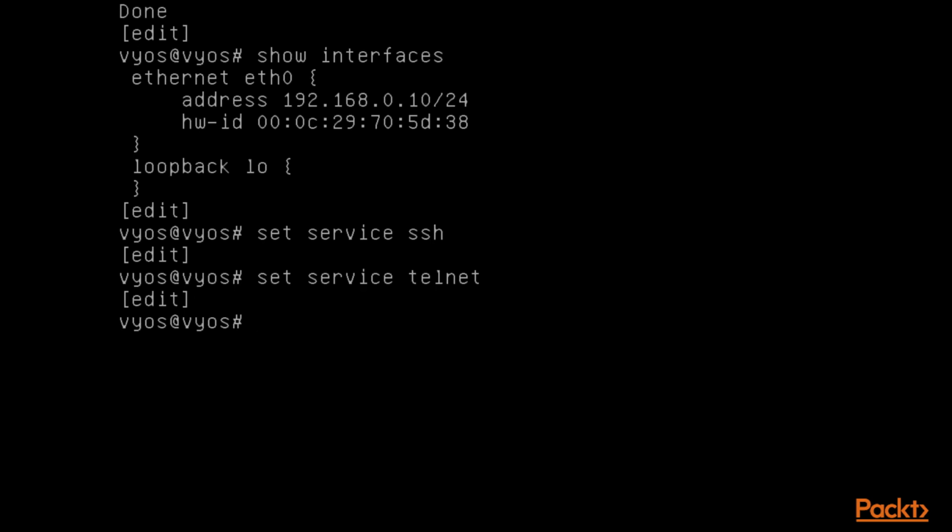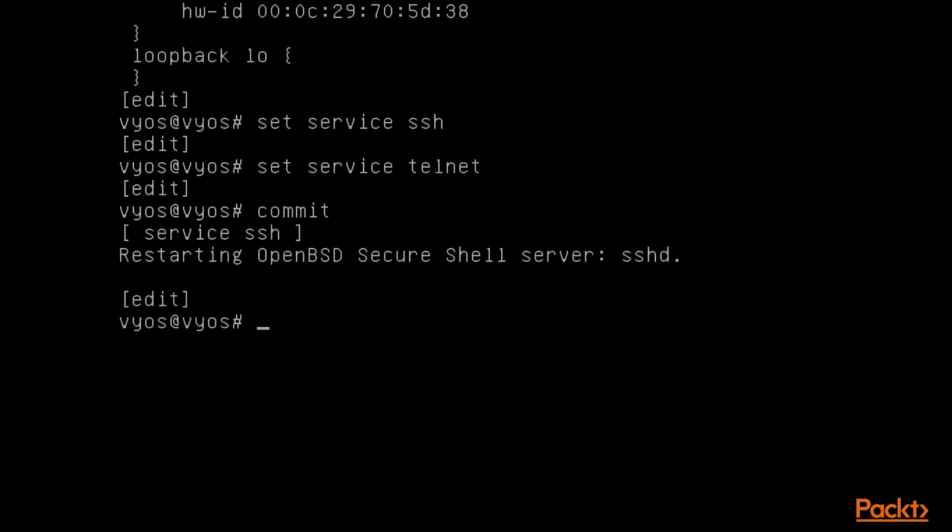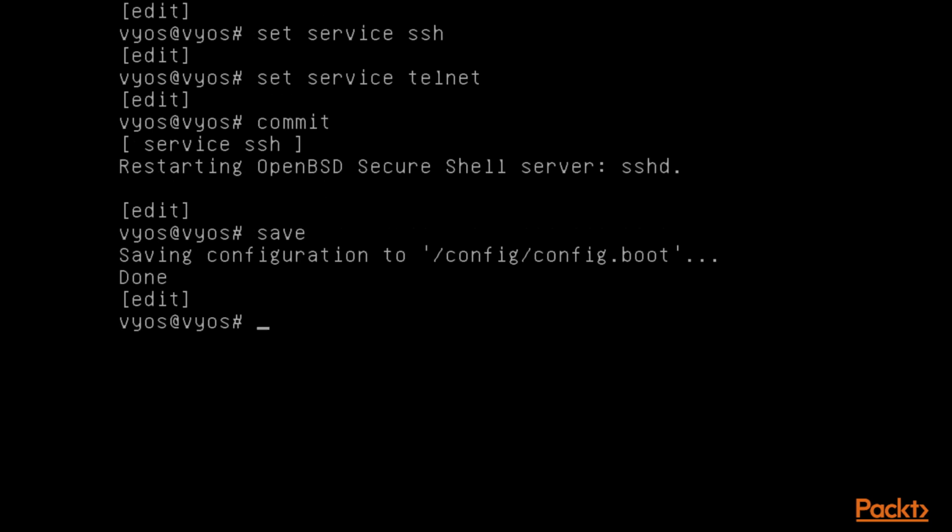So that's how you can first assign the IP address to this machine, then try to ping it from Kali Linux to check that these machines are connected with each other or not. Then you can start these services by using commands like set service followed by the service name, set service ssh, set service telnet, to start the services inside the router. Now I need to save this. First of all, you need to commit, and then you can type save. You can see here that these services have been saved inside the router.